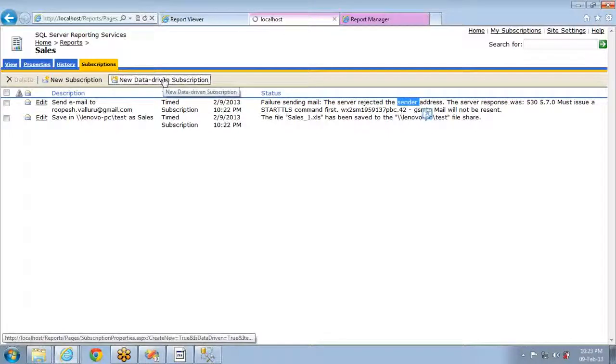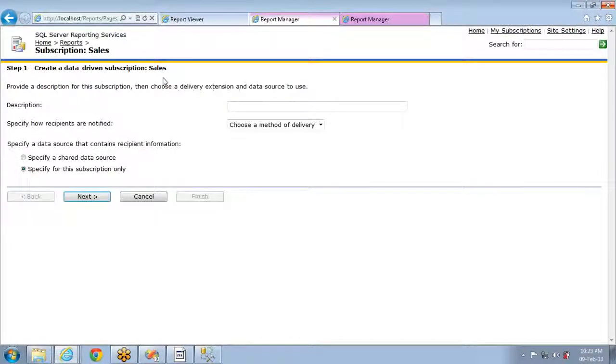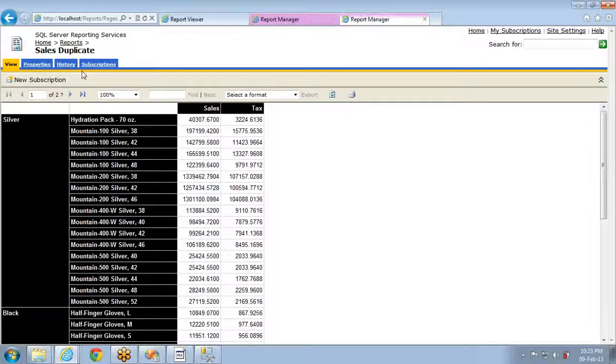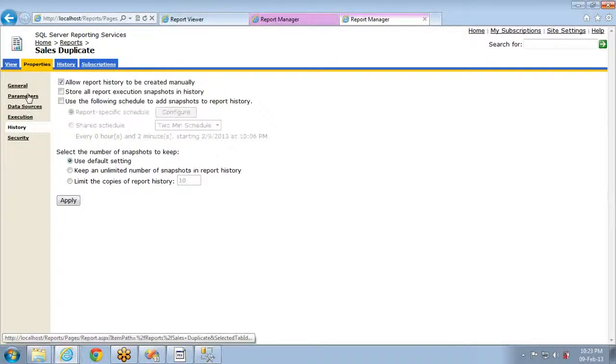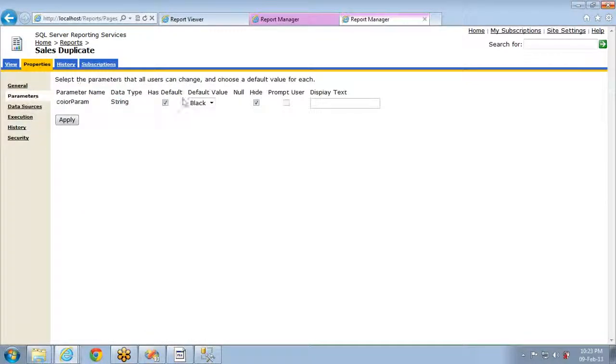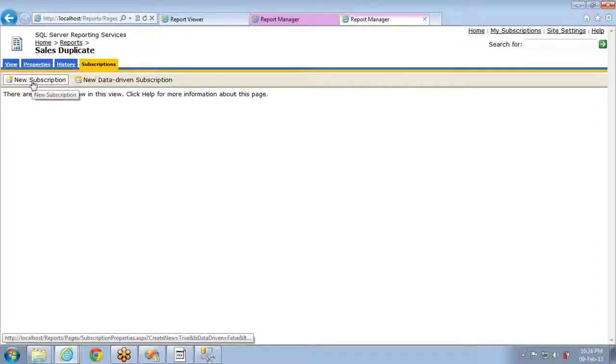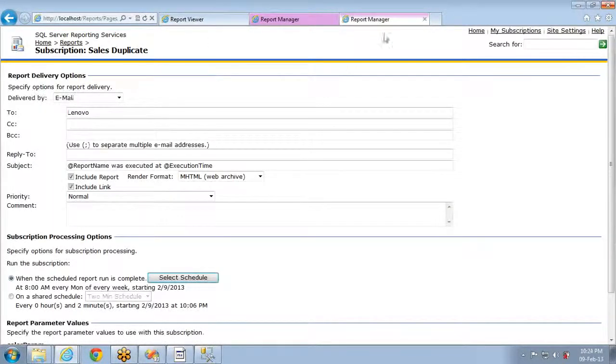The only difference between subscriptions and data driven subscriptions is that there the values are hard coded. The same parameters, the default parameter values should be given, and the same stuff. For example, let me go to these properties. Okay, if I don't set this, and let me click on apply, and if I go to the subscriptions page, new subscription,